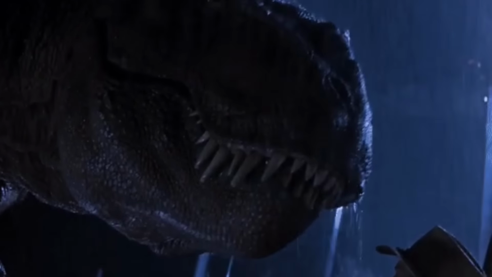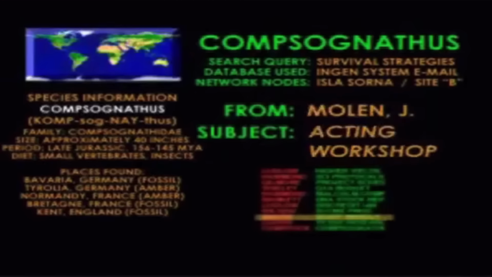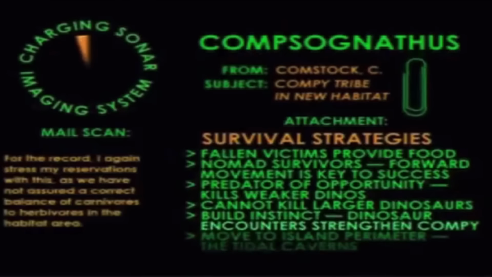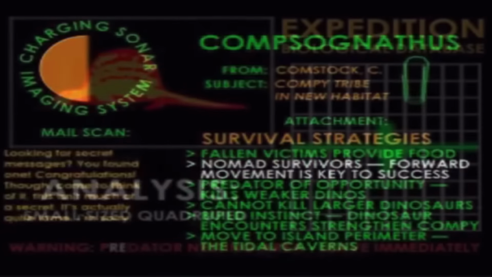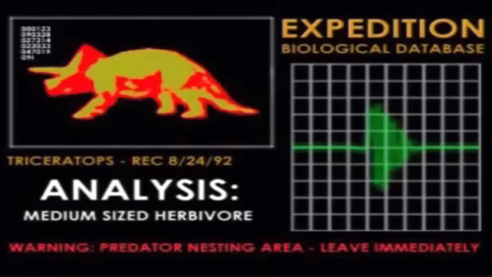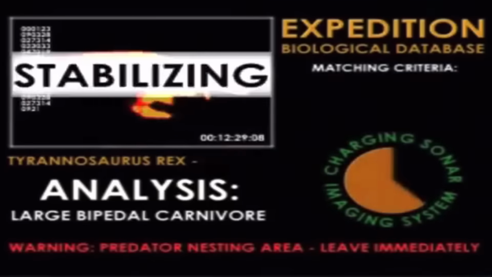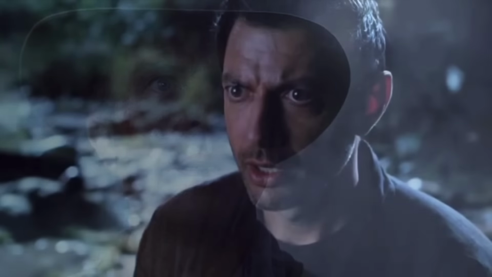Now this right here would have been a movie that I think a lot of people would have liked to have seen. Imagine a film where a bunch of compies start causing a lot of trouble on the mainland in Costa Rica. This leads to a team of dinosaur experts going to the island to find out what exactly is causing this to happen. The team would have been led by Ian Malcolm and Alan Grant, and once they get back on Site B, they learn that the dinosaurs were breeding at such a ridiculous rate that it was causing the animals to migrate to other islands and take up new habitats there. The dino experts would have to quickly find a means to stop the animals from eventually overtaking any more land and possibly threatening life on the planet.